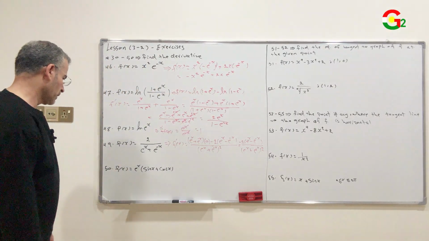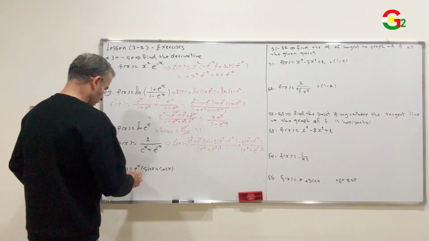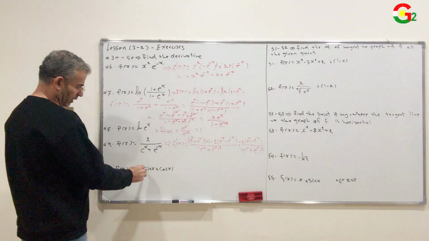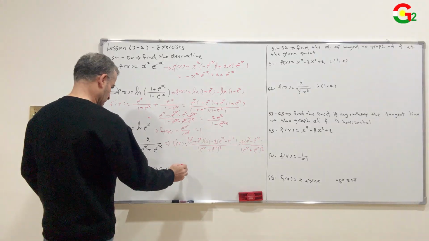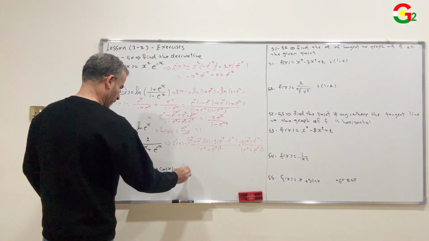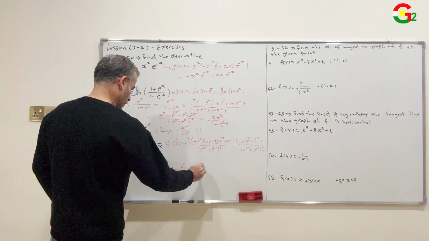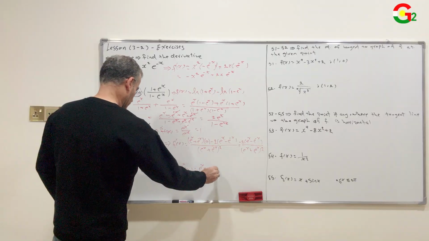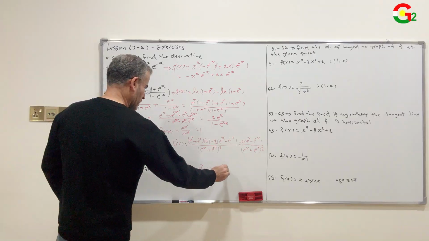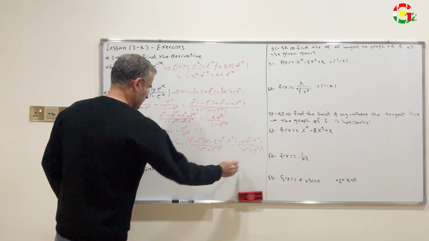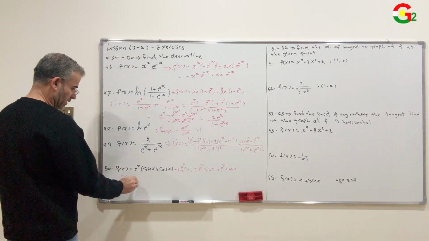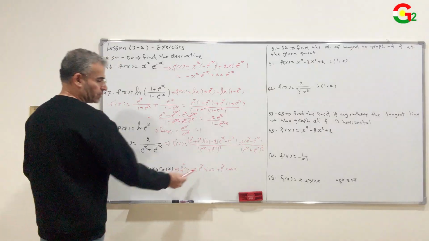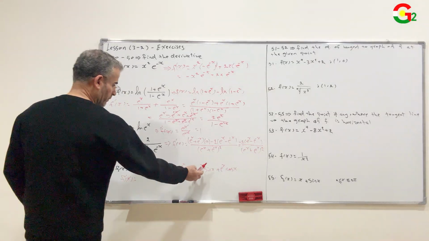Question number 50, f of x equal e to the x times bracket sine x plus cosine x. Rewrite this function as f of x equal to e to the x sine x plus e to the x cosine x. Now find the derivative f prime of x, applying the product rule for the first term,